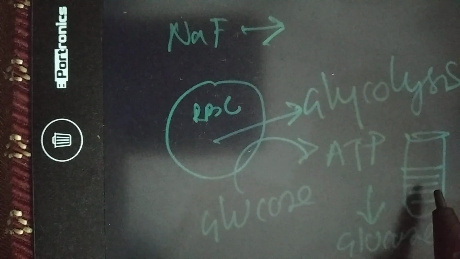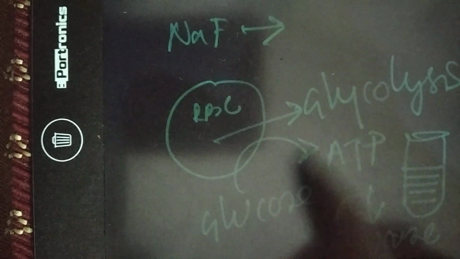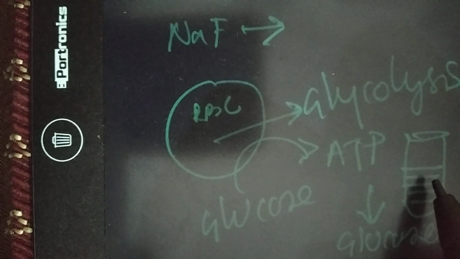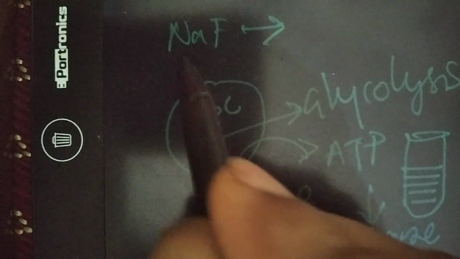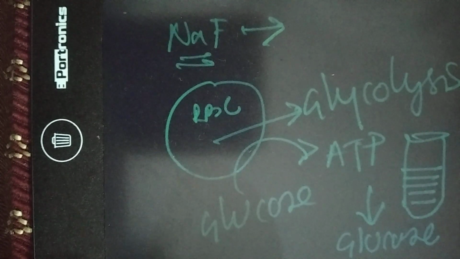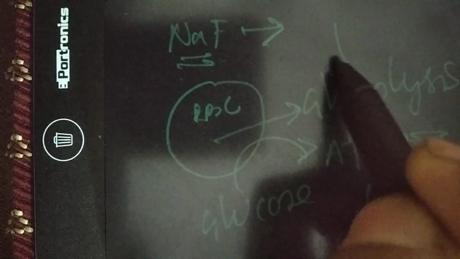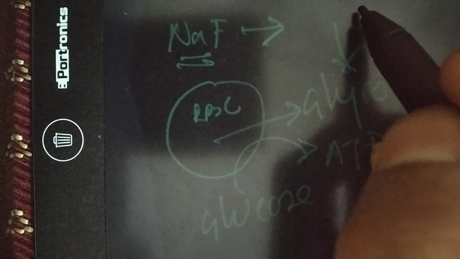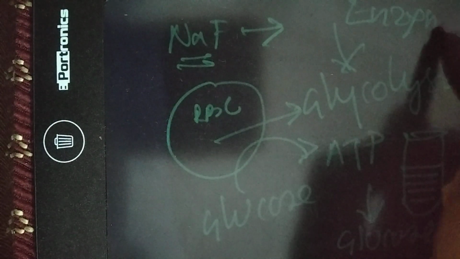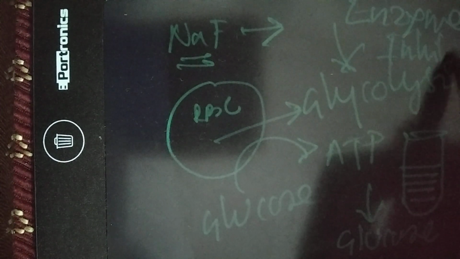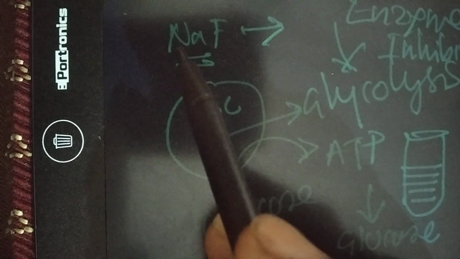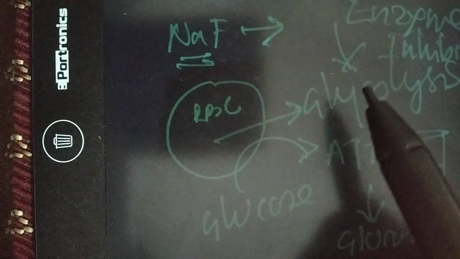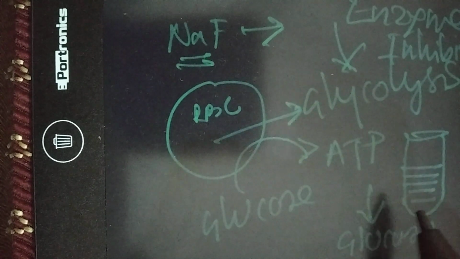So we must prepare the blood sample in such a way that glucose does not get used up when we store the blood sample before estimating the glucose. So what we do, we use an anticoagulant, sodium fluoride, which specifically inhibits the glycolysis process. That means sodium fluoride will stop glycolysis by inhibition of a key enzyme of the glycolytic pathway. That means sodium fluoride will inhibit an enzyme of glycolysis, and therefore whatever glucose is present in the blood